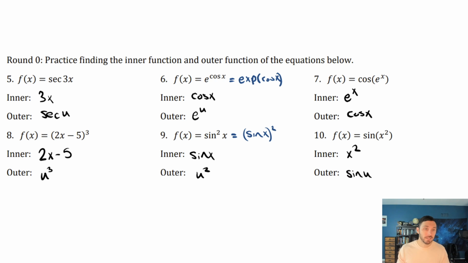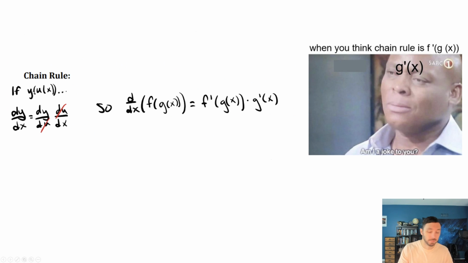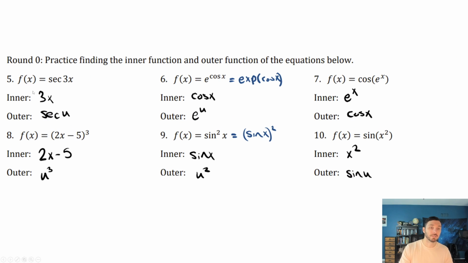So for each of these, I put a u. You can ignore that if you want to. You could just say, hey, this is the outer. This is the inner. That's just fine. The reason why I chose to use u is just based off of this little Leibniz expression that I kind of wrote earlier. So looking at the first one, yeah, secant is clearly on the outside,